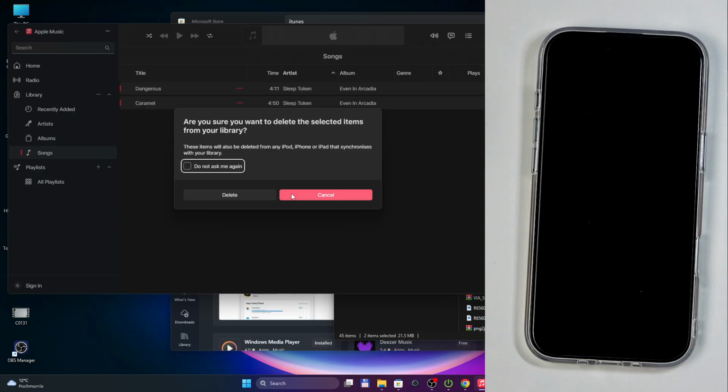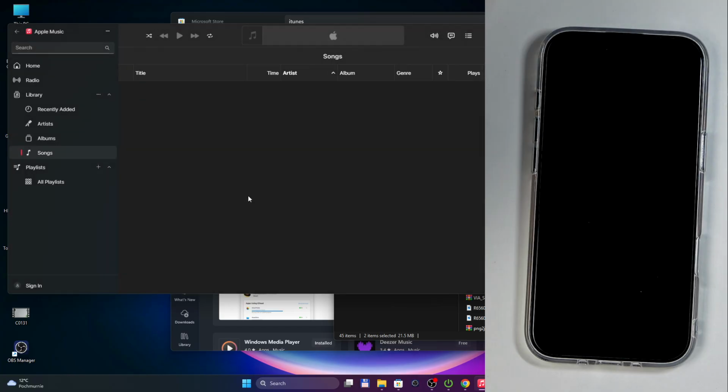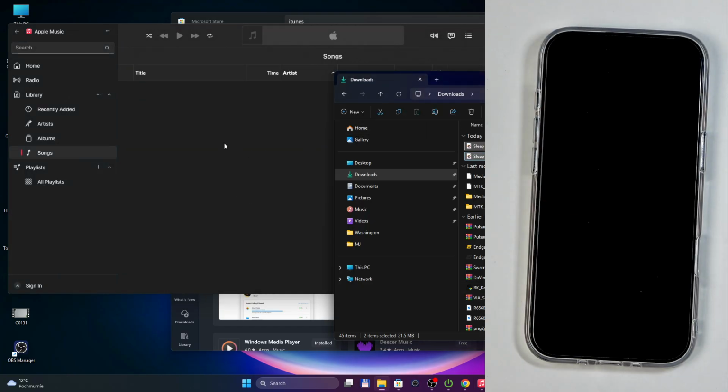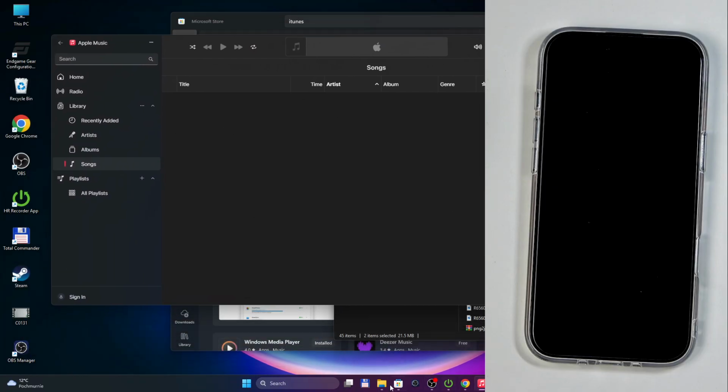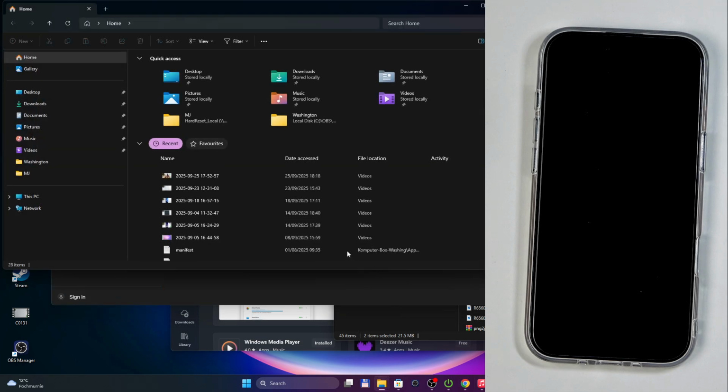Are you sure you want to delete the selected items from library? Yes, I do. Okay, so they're still here, good. So I just deleted them from the application. So now let's open up our browser right here. I'm gonna navigate to